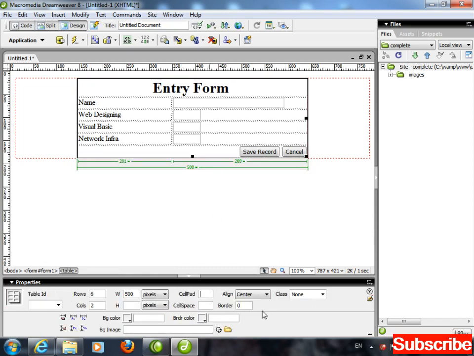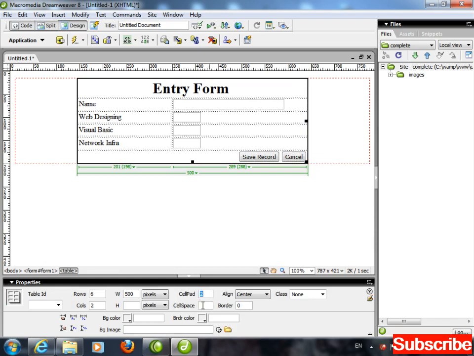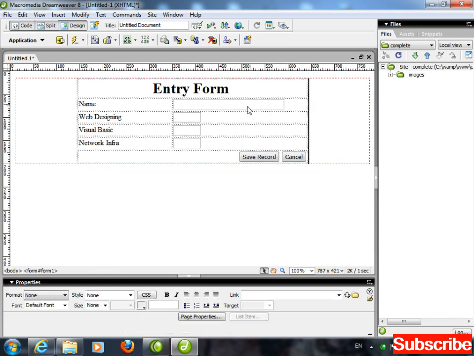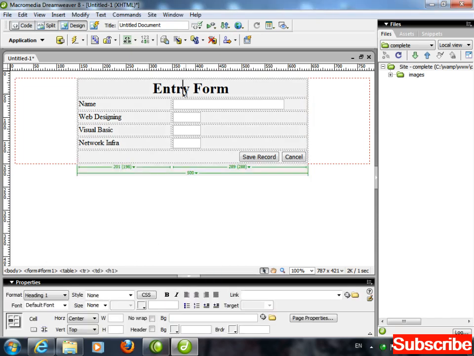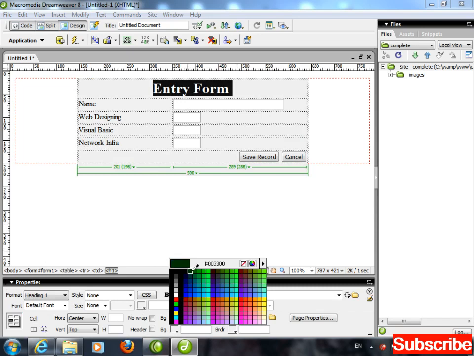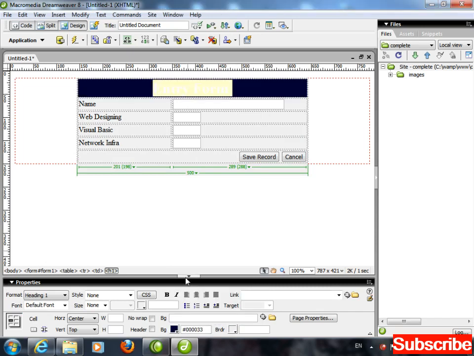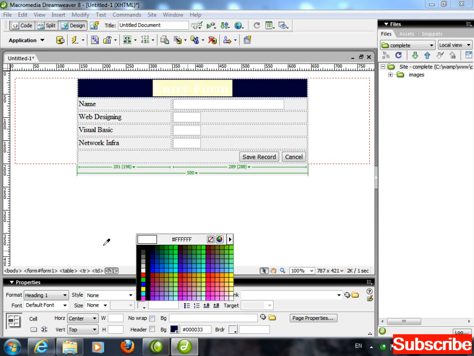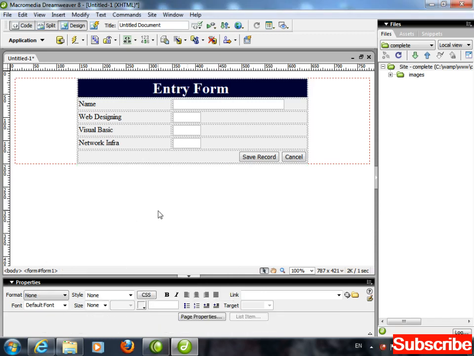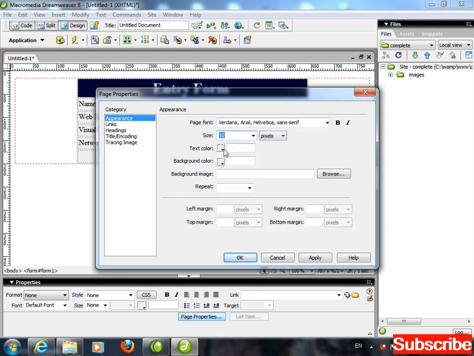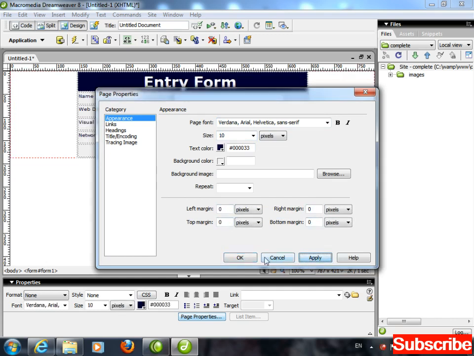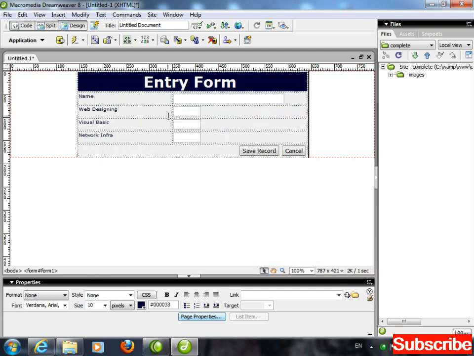Once more, select the table, cell padding, cell spacing, distance between rows and columns. Again table selected, background color, apply some color. Select the text, its background color, let's say I'm going to select this dark blue color, and the text color to white color. Now page properties, font size, I'm going to define 10, text color that dark blue color, left margin 0, all of them 0, 0, 0. Now after this,